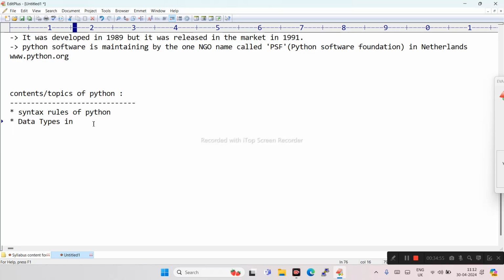The next thing is operators. We have different types of operators in Python, and we will discuss them in depth in coming classes. But these are the main topics of Python.